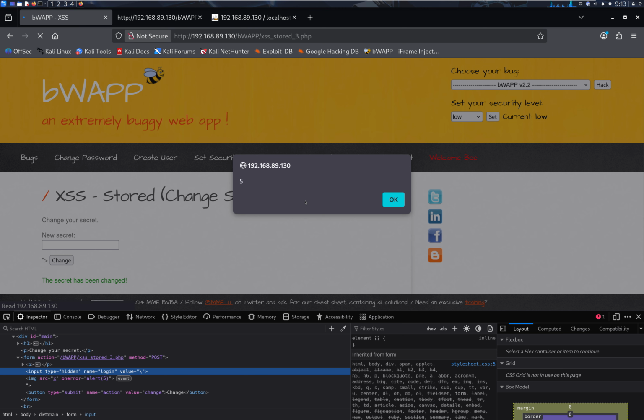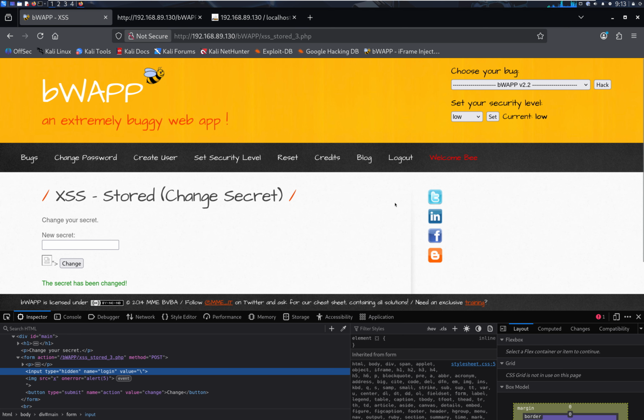Sweet. So I have already demonstrated how to perform another type of stored XSS, which is change secret. Okay? With that being said,